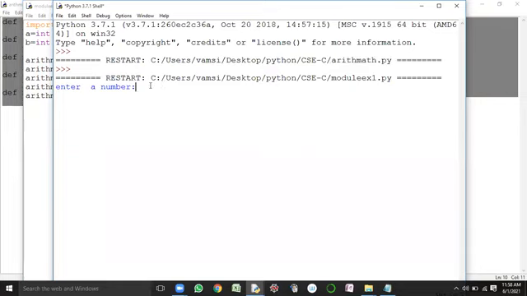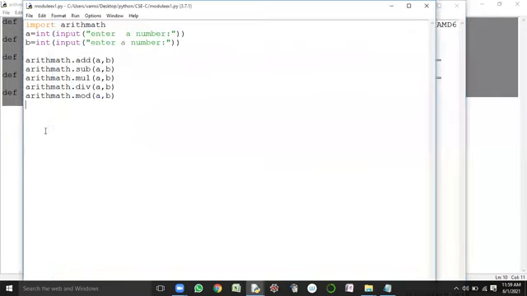It is asking for the values, two inputs. So give the inputs. I'm giving the first input as 20. Where is 20 stored? In the A variable. Then for the B variable I'm giving 10. What happens? Nothing will get printed, sir. Reason: because we have not defined anything in the print function, sir.